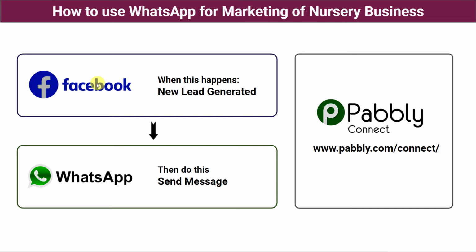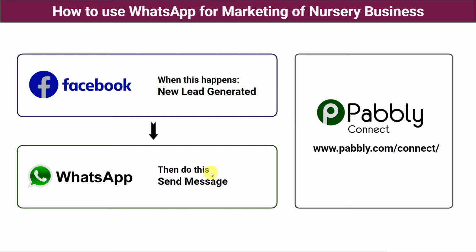Now, you want to reply to all those leads on their WhatsApp along with a brochure or flyer link of your business. For doing this, you have two options. First, do it manually. Take the details of your leads from the Facebook lead ad form, compose a message in WhatsApp, attach your nursery business brochure and send it to the customers. But this will be a time consuming and a tiresome process, and it becomes difficult when you have large number of leads in a single day. So how are you going to do this?